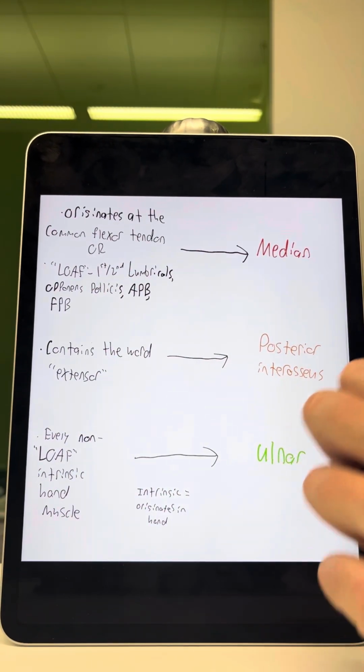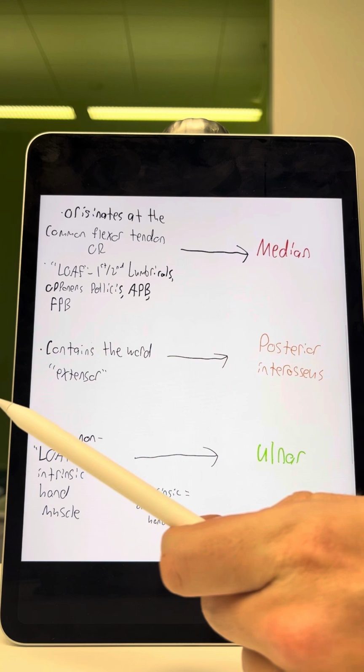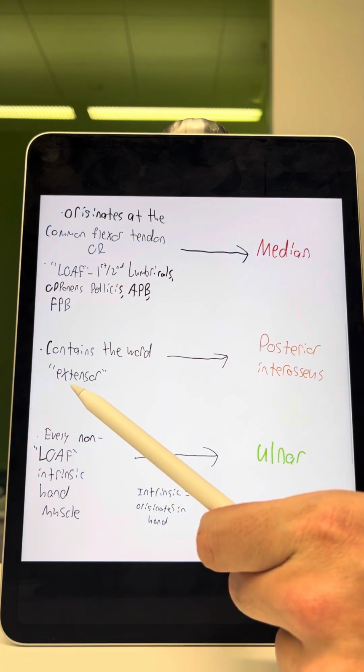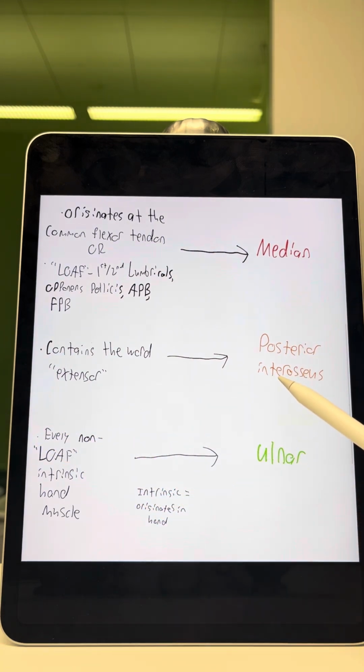Additionally, if the muscle contains the word extensor, it is innervated by the posterior interosseous nerve. So extensor indicis, extensor digiti minimi, extensor digitorum, all innervated by the posterior interosseous nerve. And then finally down here,